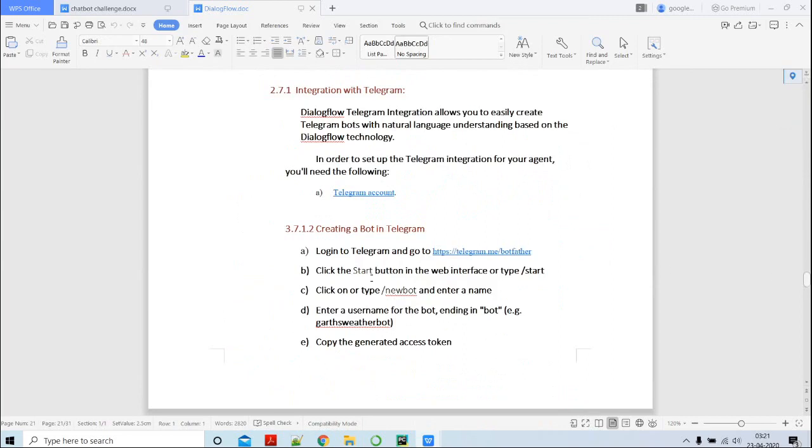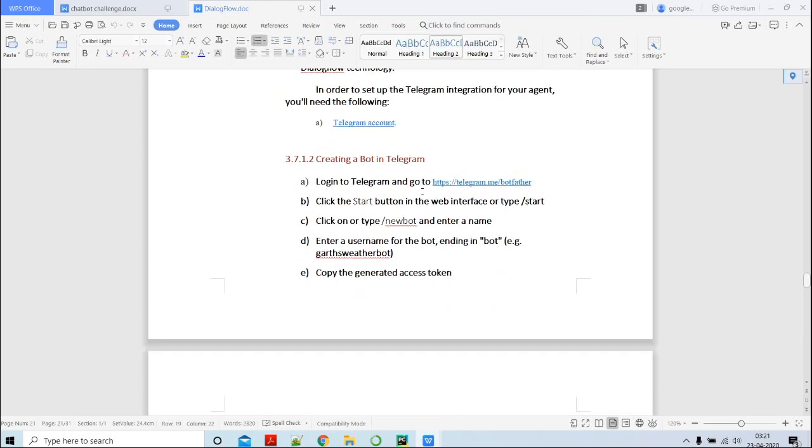For creating the Telegram bot, I have to go to BotFather. There is an app called BotFather, which gives a token. So I have to type BotFather, and once I type it, that app will come. Then I have to put start. Then I have to give the next command as a new bot. This will ask me what name I want to give to the bot. So I say new bot and enter the name. What name do I want to give? Like, I want to give Corona1.